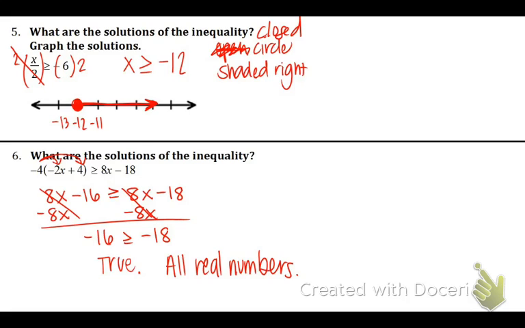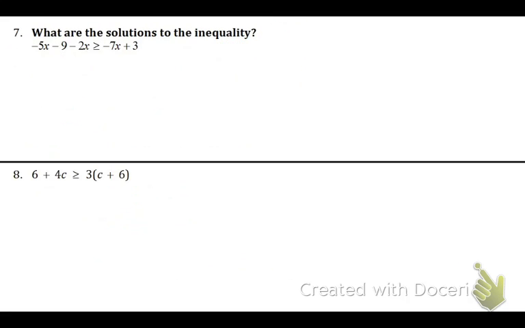Okay, let's move along. Number 7. What are the solutions? We have -5x minus 9 minus 2x is greater than or equal to -7x plus 3. Combine like terms on the left side, so we get -7x minus 9 is greater than or equal to -7x plus 3. We want to combine the like terms on either side, so we're going to add 7x to both